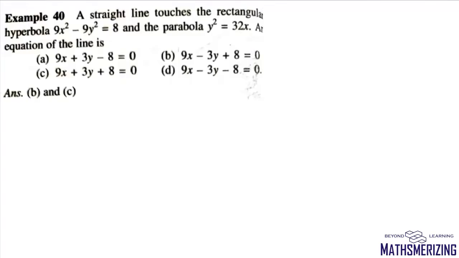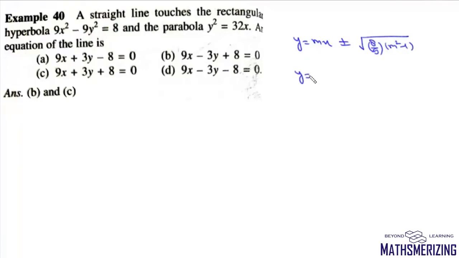Now we'll discuss some questions on common tangents, as they are very important in conic sections. Now the first question is, a straight line touches the rectangular hyperbola 9x square plus 9y square equals 8 and the parabola y square equals 32x. We need to find the equation of this line. Now we know that for a hyperbola, the equation of tangent is y equals mx plus minus under root of a square m square minus b square. Now in this case, a and b are both the same and it is 8 by 9. So it will be 8 by 9